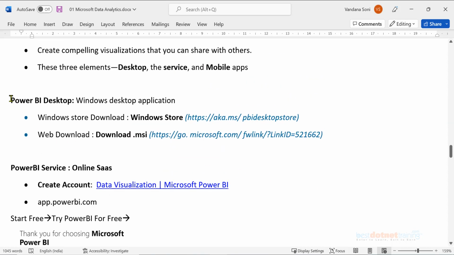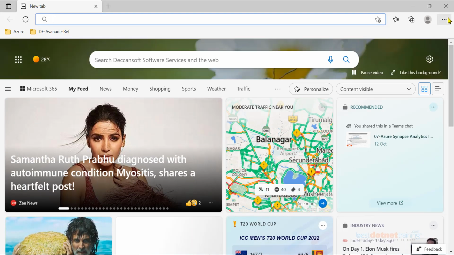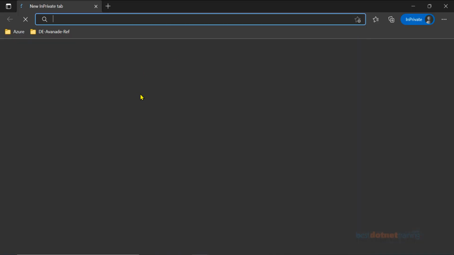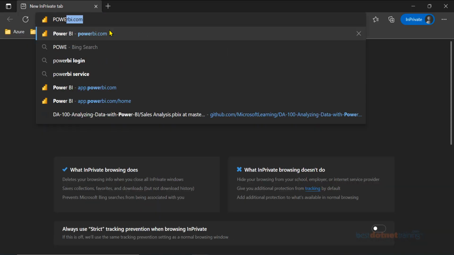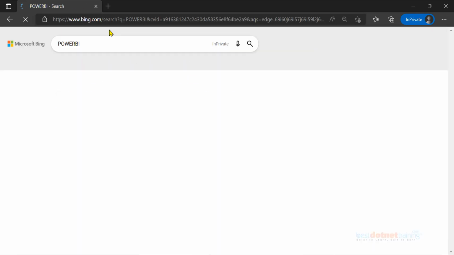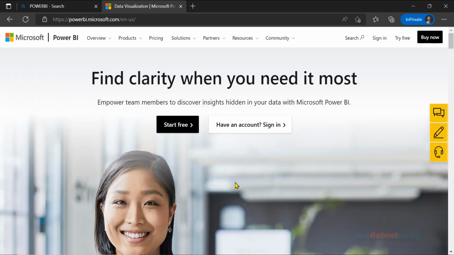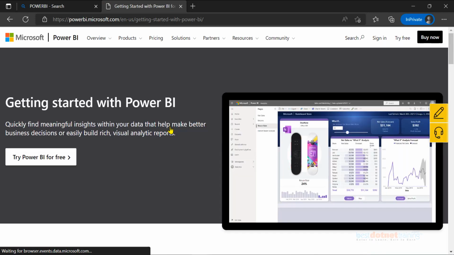So you need to install Power BI Desktop, and you need to go to Power BI service and create your account. Right now I'm going, in a private window, to powerbi.com. Here, start free.